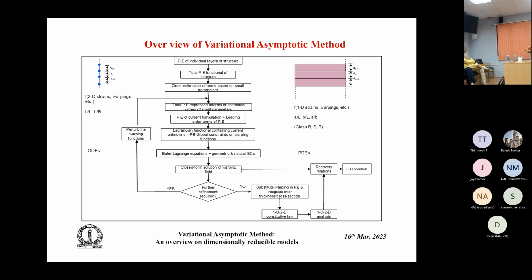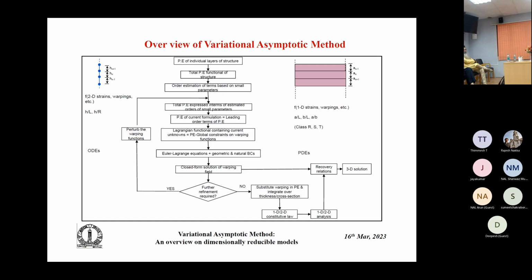As we know, for the plate we are going to march in the thickness direction, so only X3 is independent, whereas in a beam, as we are going to march over the cross section, both X2 as well as X3 are independent, if X2 and X3 are along the width and depth direction of the beam. Hence, it becomes a partial differential equation. So once we obtain the Euler-Lagrange equation, along with the geometric as well as natural boundary conditions, the closed